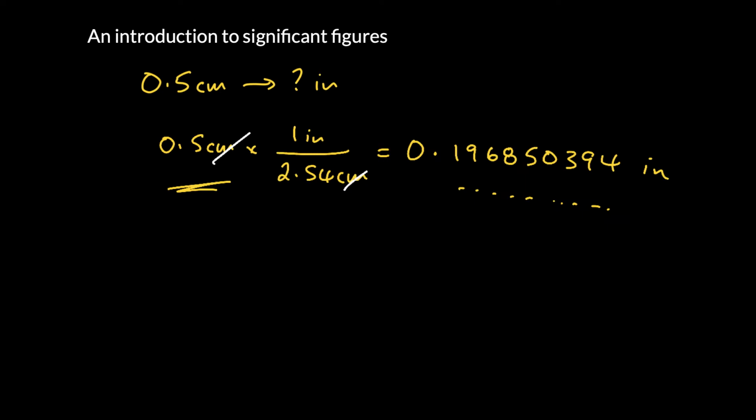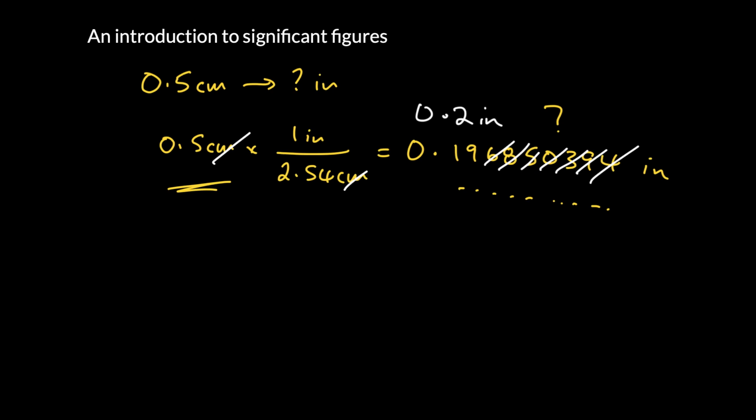So the question is, are all these true? And the answer is no. Some of them are complete made-up work of fiction, have no meaning whatsoever. And so the significant figures rule is really just to say, all those digits are really kind of meaningless. In fact, we should probably write the whole thing as 0.2 inches, because that's really as precise as we're allowed